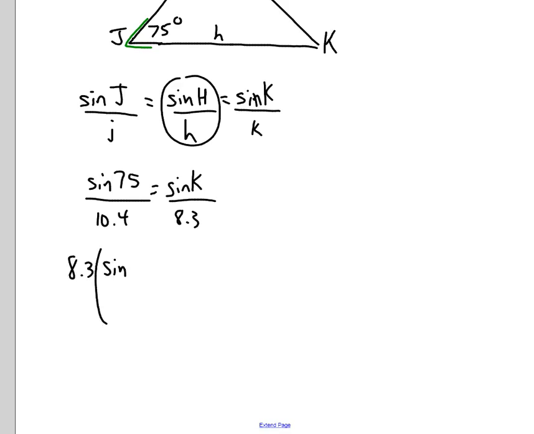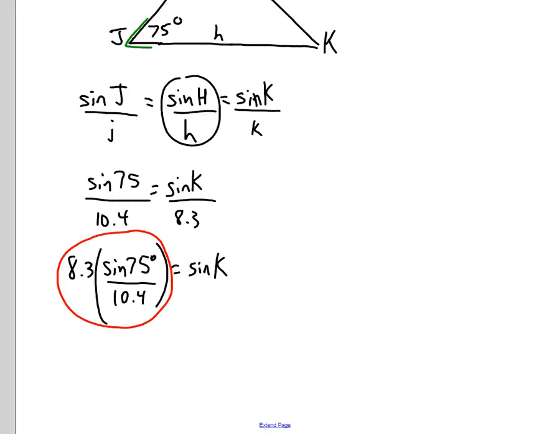And at this point, I'm not really working out anything on a calculator just yet. I'll leave it in this sort of exact form. Multiplying the right side by 8.3 would give me sine of K. And then once we've evaluated probably the decimal form of this, we could apply the inverse operation, but I'm just